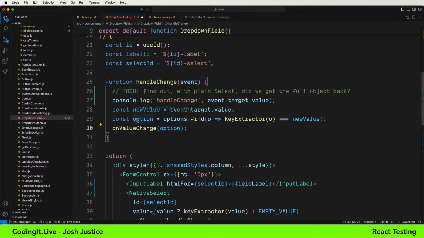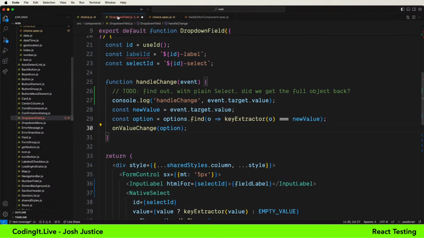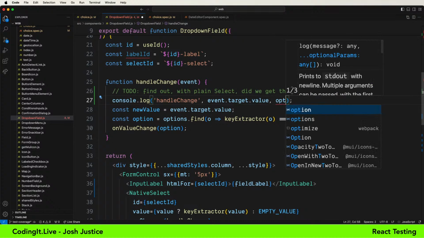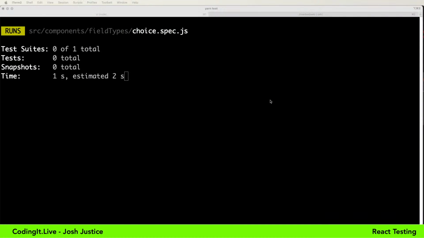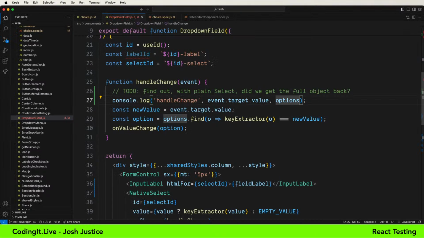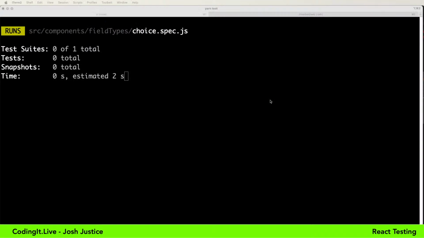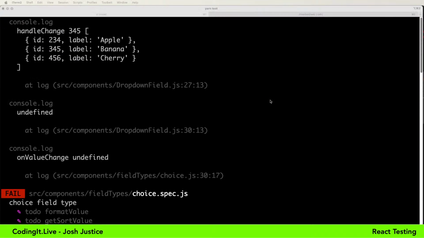Oh, but then the option. Value, key extractor. Oh, no. This is what's expected. But then options. So it seems like, so 345.